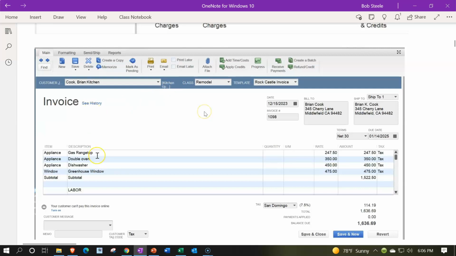Then we have the items down below, items being a critical component to being able to create the invoice properly. We'll talk a lot more about items and how to set them up later. If they're set up properly, then it can be quite easy just to do the data input to enter the invoice without having to know the complexity of how the items are set up or the complexity of what's actually happening on the financial statements, which can be complex and a lot more complex if the invoice deals with inventory,